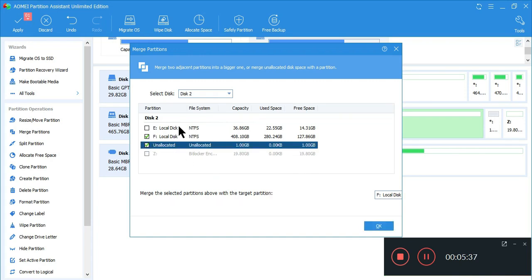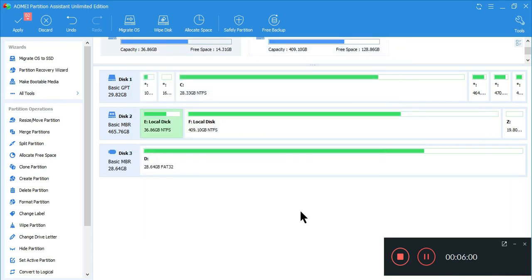You can merge the other drive also with this F drive. You can merge all the drives. The Z disk is hidden from here because it's BitLocker encrypted, so you cannot do this before removing the BitLocker, of course. Then I will click on OK, then we need to click on apply.